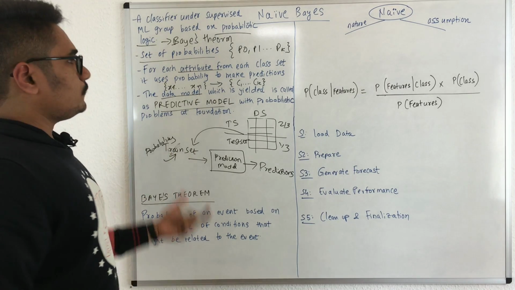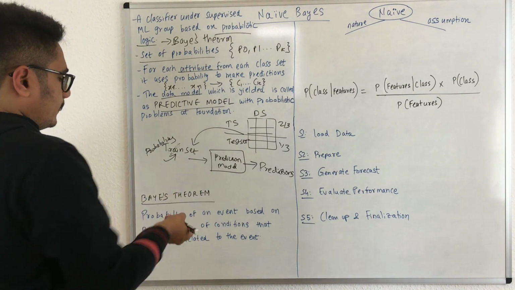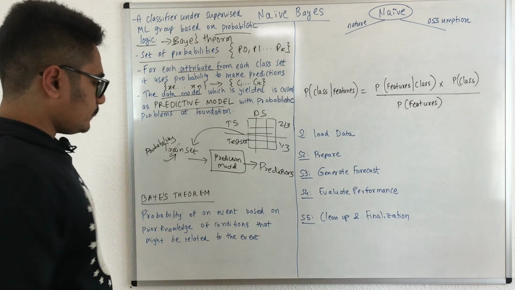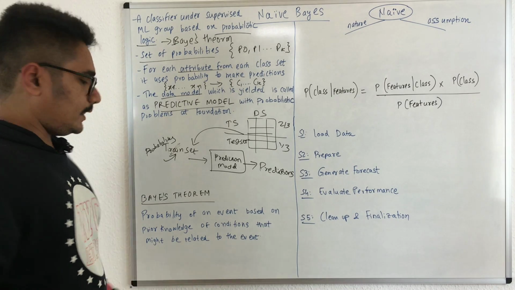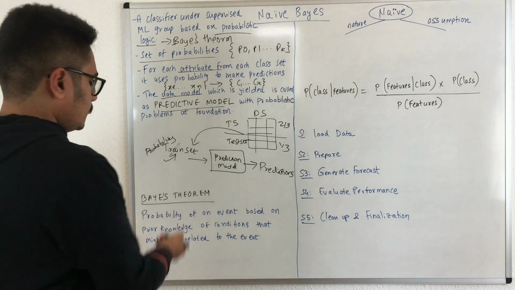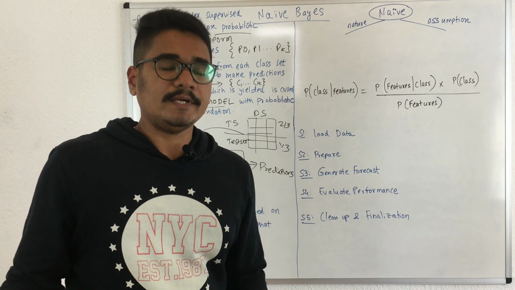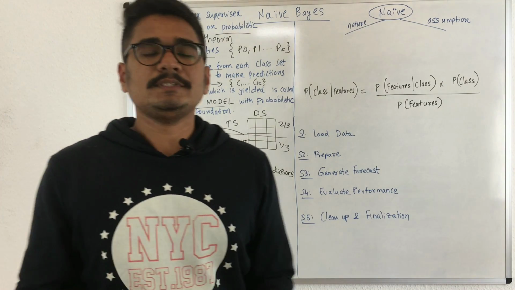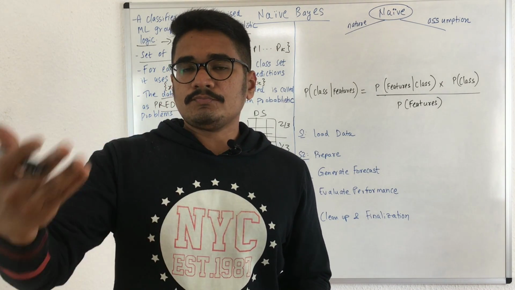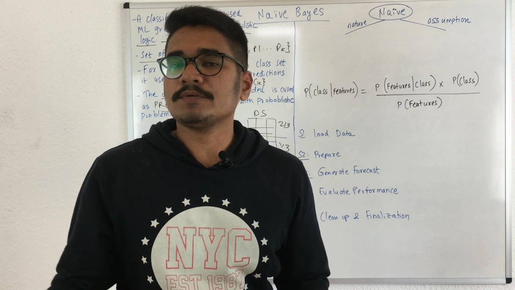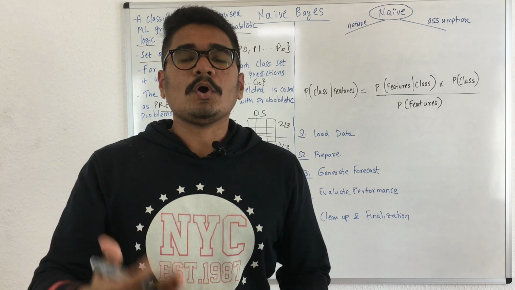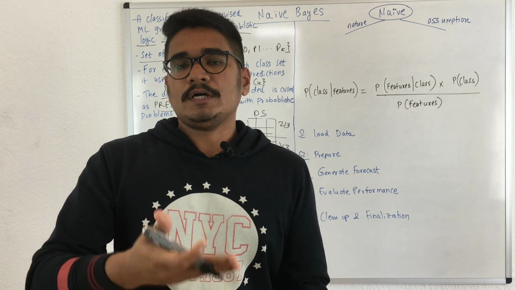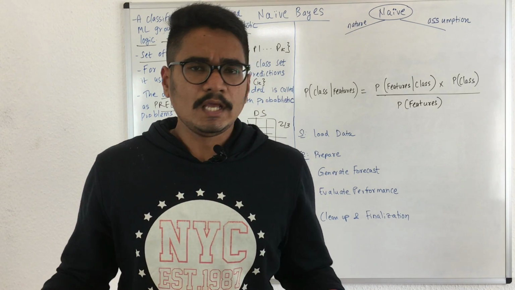So the Bayes theorem, which we mainly discussed here, is a mathematical estimate. What it states is the probability of an event based on prior knowledge of conditions that might be related to that event. So you want to calculate the probability of a particular event given that some prior known conditions are there. For instance, say I want to go out for cycling. The probability of me going outside for cycling, given that the weather is good, is high, then I will go for cycling outside. Else if it's cloudy or if it's rainy outside, then I'll not go.